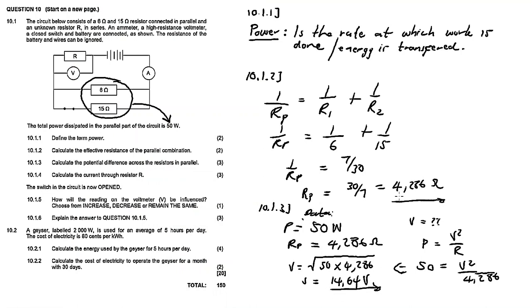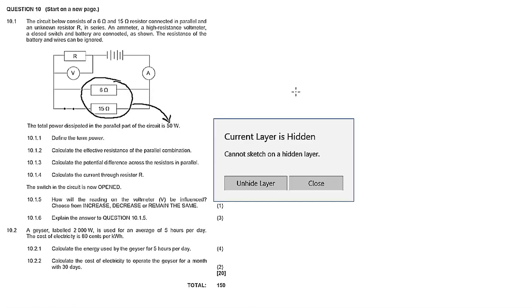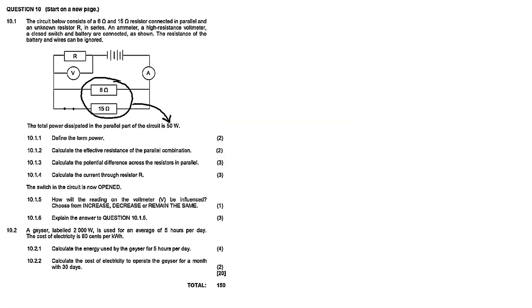Now with 10.1.4, calculate the current through resistor R. Let's calculate the current through resistor R. So we want the current here, and then okay, look, since R